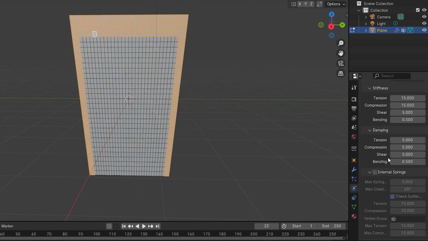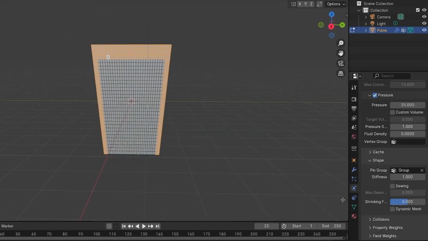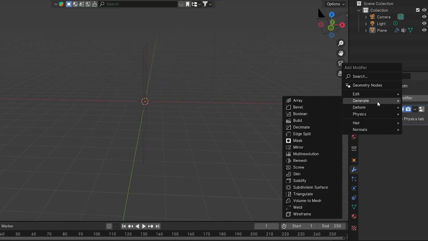Then, assign a vertex group to them. Add a cloth modifier and enable pressure. Set it to 10 to 20 depending on how you want the bag to be. Set the gravity to 0 under field weights, and remember to set the pin group under shape to the vertex